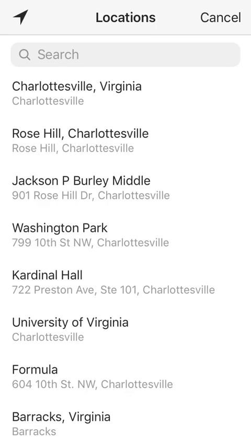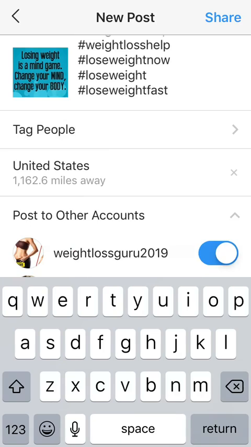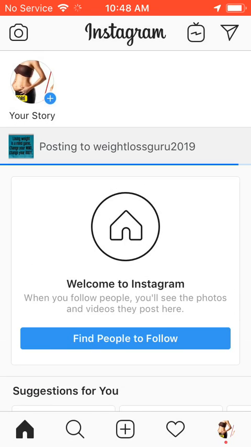Next, we're going to add location. Now, what I recommend you do is if you have an affiliate offer, there's a link. I have to show you in the next video, but there's a link underneath where the people whose offer you're promoting give you your target demographic. But for the sake of time, we're just going to type in US because a lot of people, no offense, are obese. Then we're going to hit share. Down here, you can connect your Facebook, Twitter, Tumblr if you like. That's optional. I'll leave it up to you.